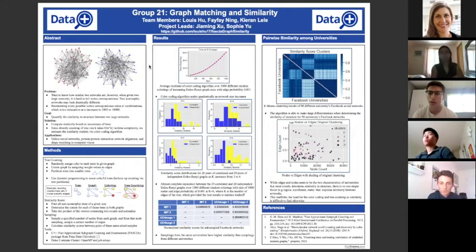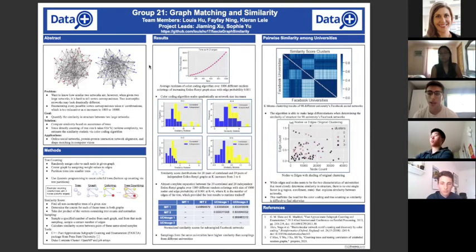So what you see there on the top right is a heat map that shows different clusters that we created based upon the similarities between each university. So again, we ran a simple k-means clustering algorithm on all 98 universities. And what you see here is, again, a heat map where each individual square represents the similarity score between two universities. And you can see that our algorithm was efficient and effective in differentiating universities based upon similarity independent of